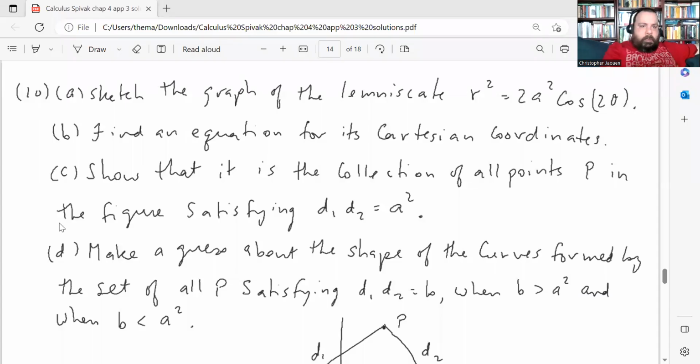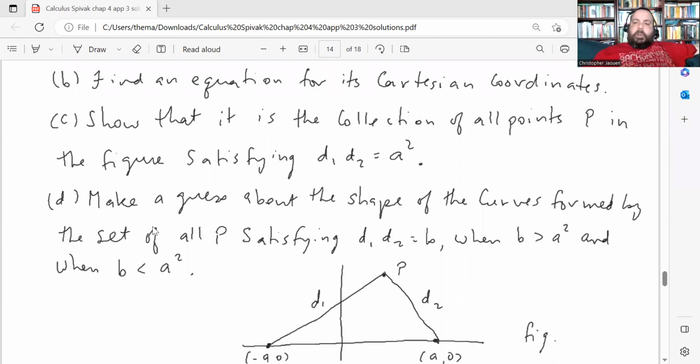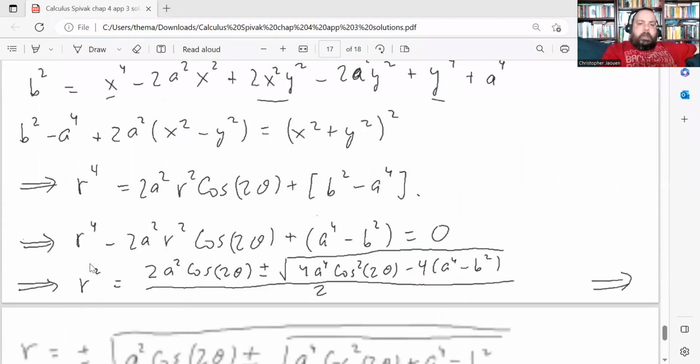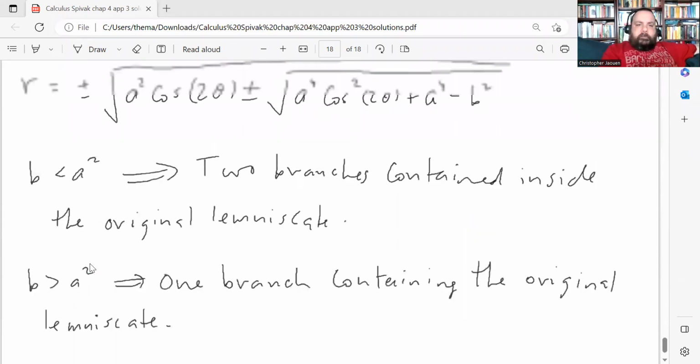So let me just bring up the correction here. The problem was with part D of question 10, which said this: make a guess about the shape of the curves formed by the set of all P satisfying d1, d2 equals b when b is greater than a squared and when b is less than a squared. He's referring to the picture here. Let me just scroll down. In the original video,